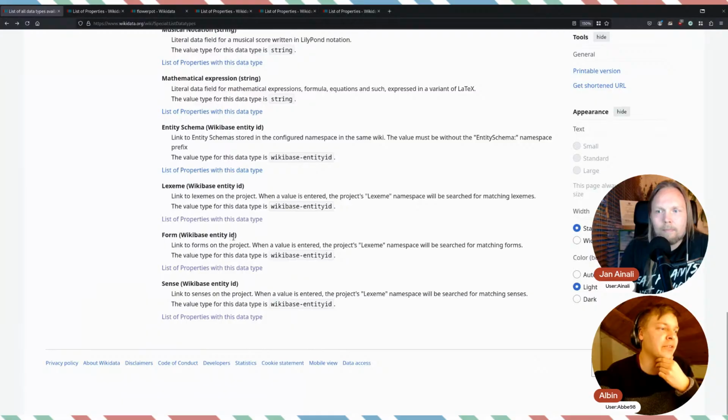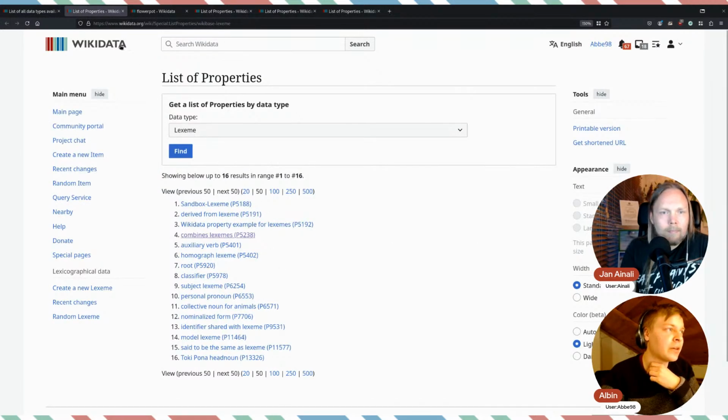We also got the form and sense ones. They are a little bit interesting because they still have the data type Wikibase entity ID, just like the other ones that I just mentioned that point internally within Wikidata. But as you know, they do not have their own pages. They have pages on Lexeme. So if we jump into one of them,